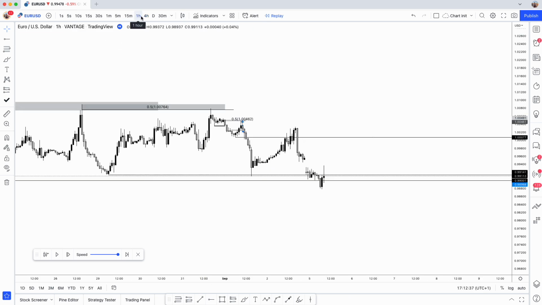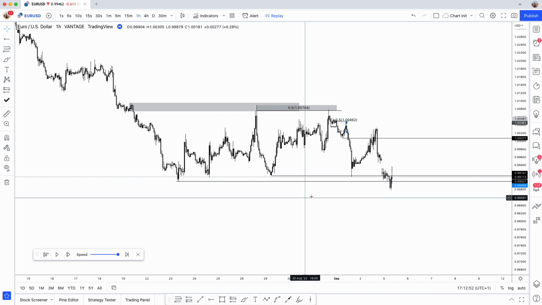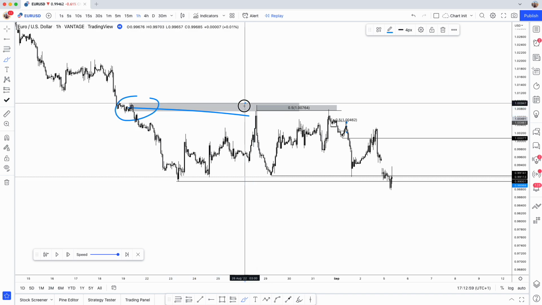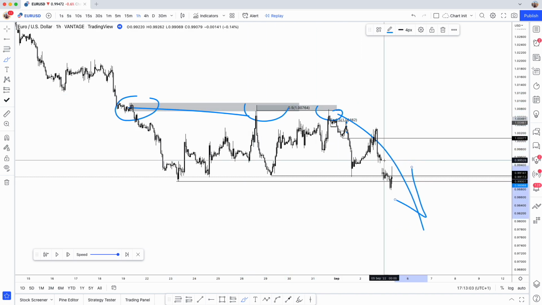So on the Sunday or Monday, you've done that directional move planning. You don't need to go back to that anymore. All you need to do is work out where the reactions are taking place. So conveniently, we've had this hourly reaction, and then we've just waited for our POI to be tapped. That took 3 days for it to be tapped, and then we are going to wait for the following reaction. So all we're doing is following mitigation after mitigation after mitigation, and that is what following order flow is, and that's how we can trade using the highest probability possible.